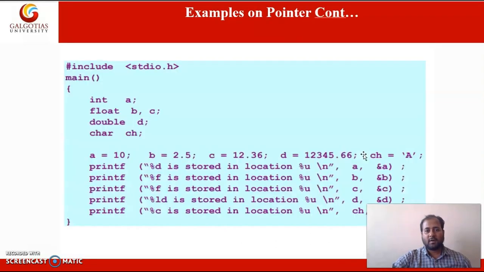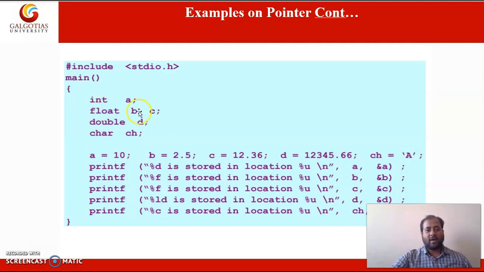Let's see some examples on pointers. Here this is a C program, and we have different variables with different data types.